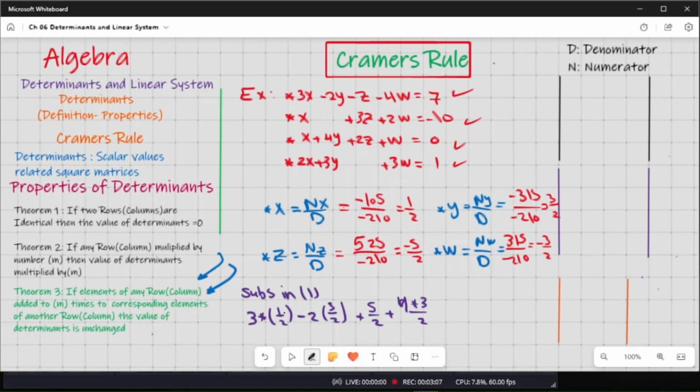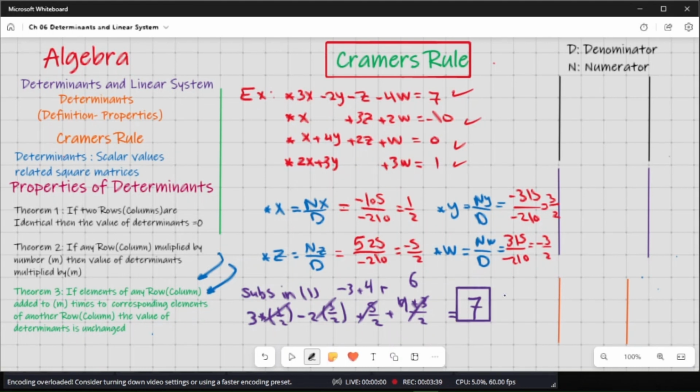This will be equal to here we have 6. Here we have negative 3, and here we have this with this will be equal to 4. Okay, so this will be equal to 7. Okay,